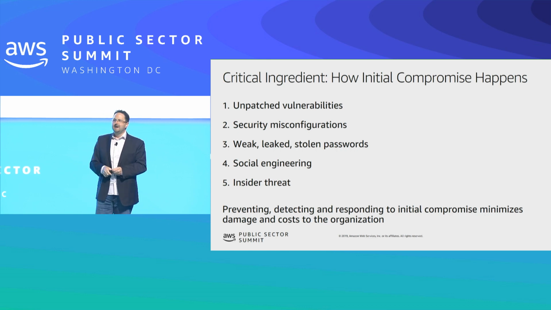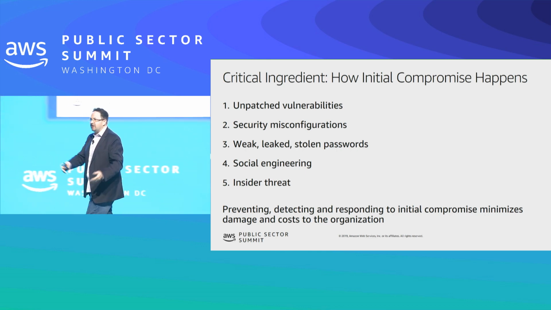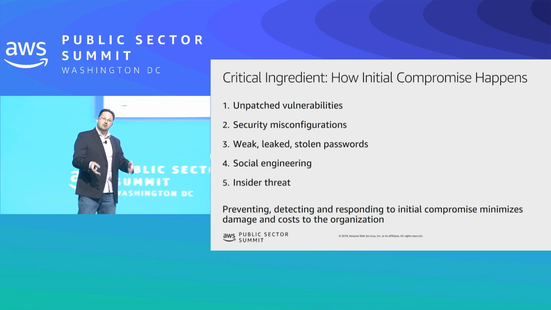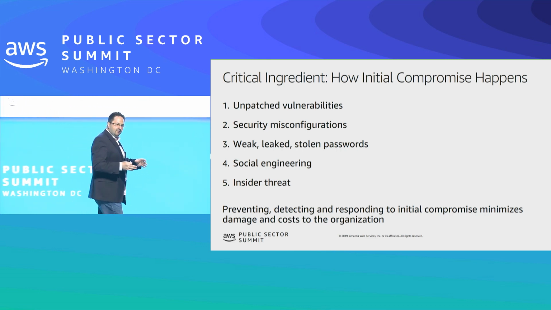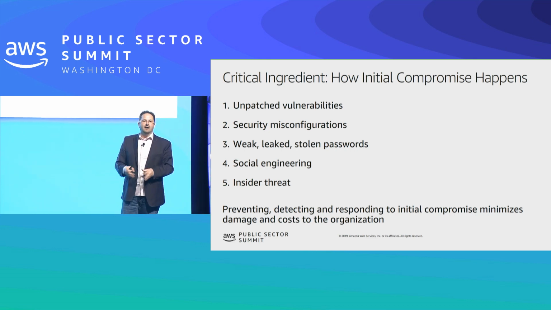Weak leaks, stolen passwords. Obviously, passwords are still an issue. Multi-factor authentication's helping there. Social engineering by volume. If you think about all of the phishing, all of the Trojans, when you think about malware, this is by volume the largest mainstay of attackers, period. This is the secret to their success, the social engineering. That's not going away anytime soon. And in insider threat, there's kind of two categories. There's the administrator that makes mistakes that leads to security outcomes, and then there's the very small percentage of people that have privileged access to resources that will try to misuse that privilege in some way, and that's insider